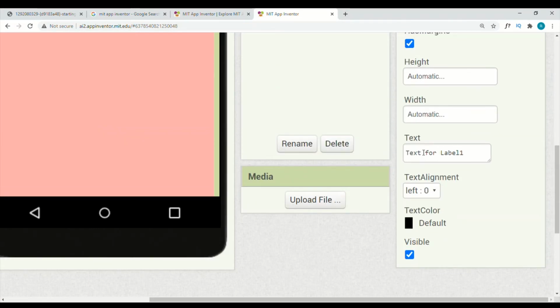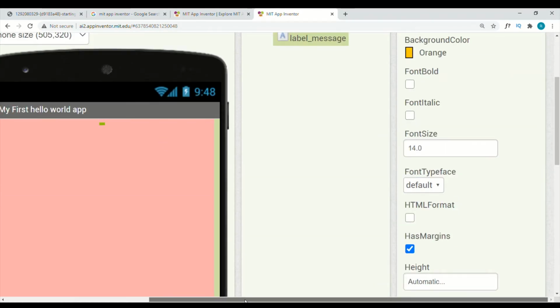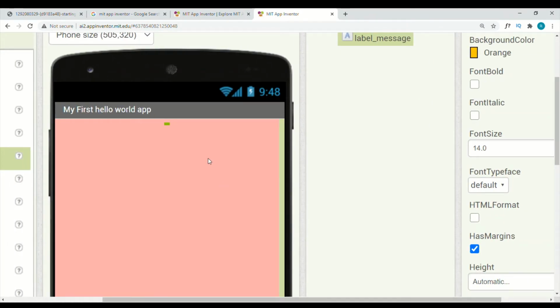So what here is text? Under the text property we have the text for Label 1. You just select and delete the text here. Press the enter key and see here on the screen what will happen when we delete the text property. Whatever was written under the text property, when we delete it, the entire label becomes very small. So what is the purpose? It has done like this because